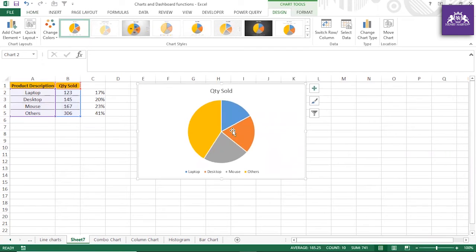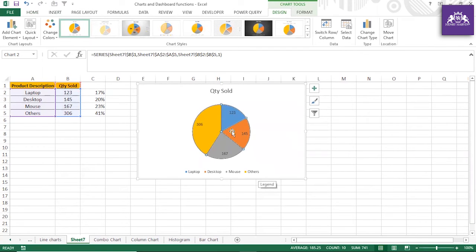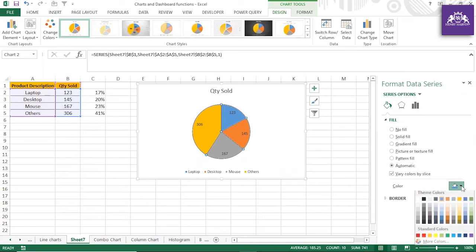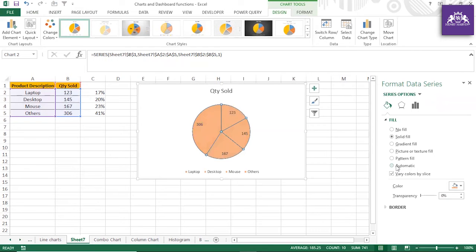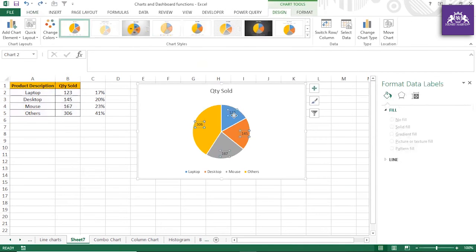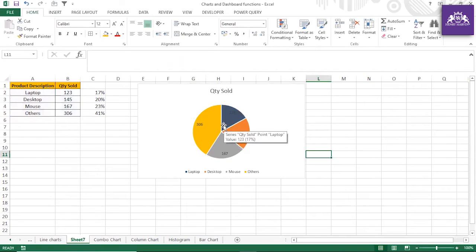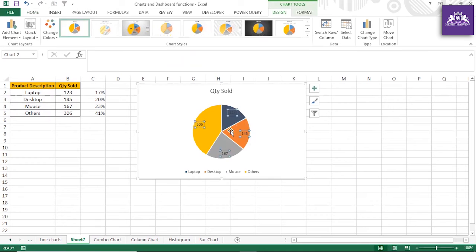And now if you want to show data labels, you can show this way. All right, and if you go to format data series, or maybe if you want to showcase any color, like I don't want blue color, I want some other color, you can select that. All right, suppose this slice we are talking about. Okay, and now if you just go there and select this, it is working, guys. So now you can select the chart or the color to your requirement. All right, and this is getting us complete data.